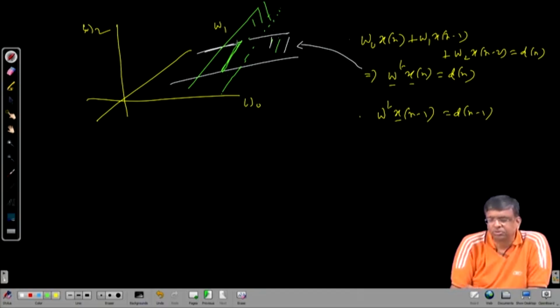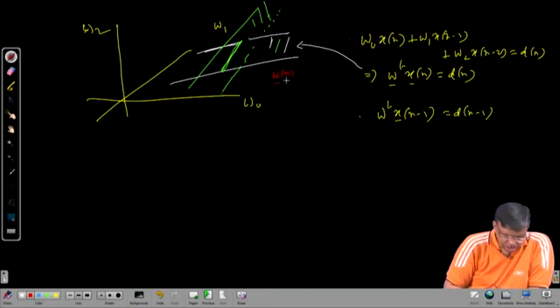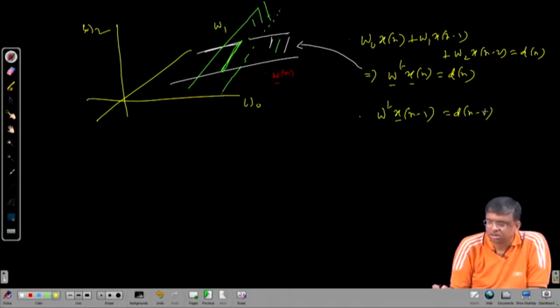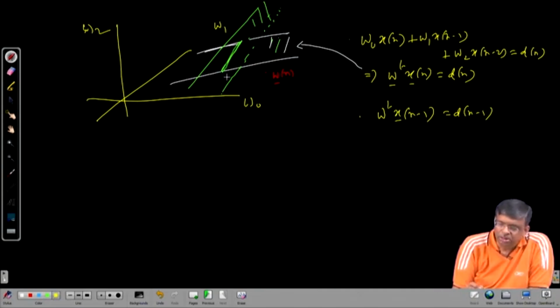I mean from 3 dimension it becomes 2 dimension, that is plane had 3 variables, okay. The intersection will be a straight line, we have actually 2 variables, that is obvious. You eliminate one of the 3, W0 or W1 or W2, and you get one equation, okay, from them. So, that is this equation, that is obvious. Now, here what you will do is this, suppose your Wn is somewhere here, and optimal one will be satisfying both these equations. So, optimal vector should lie in both the planes, therefore, it should lie on the intersection which is common to both the planes. So, maybe this is where your optimal one, this W opt,